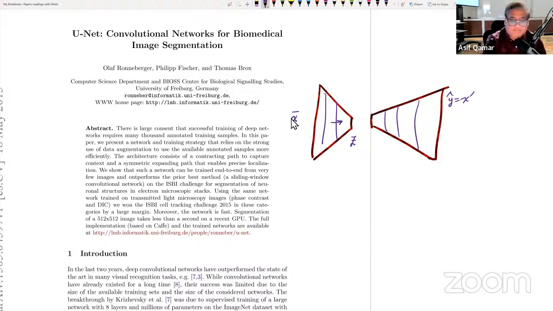Now, the point of an encoder decoder: the encoder, Z, is some function of X. It is a non-linear, lower dimensional